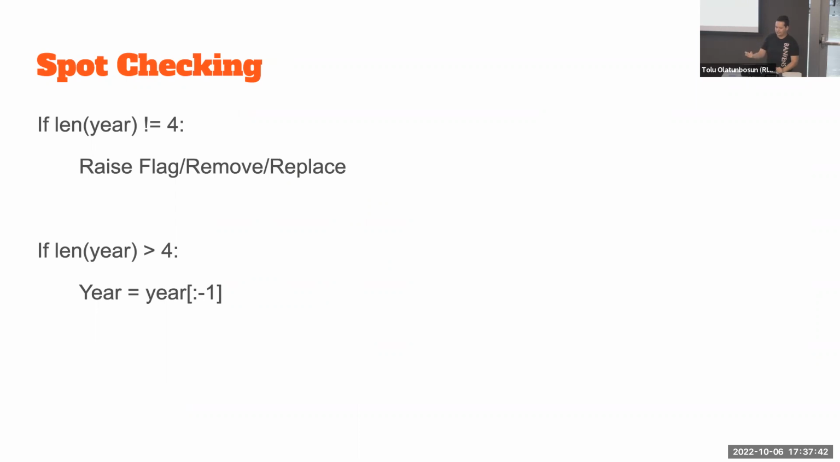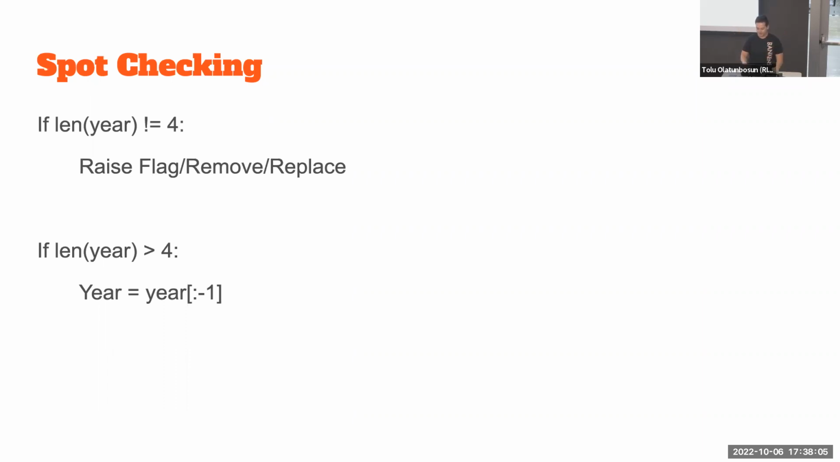And when you spot check, you can either just raise a flag, saying, hey, if the data doesn't look like what I want it to look like, just tell me. Or you could just remove that row because you're like, I don't want to deal with this. Somebody misinputted this, this is not my problem. Bye. Or you could replace the value. So for me, what I did was I simply removed that last number if it's greater than